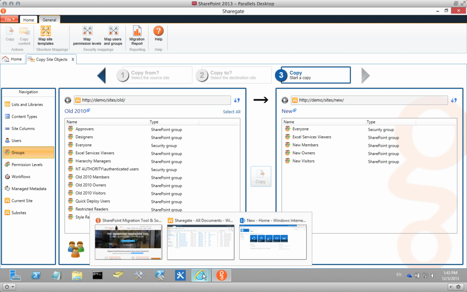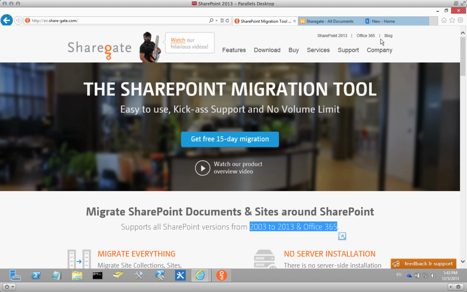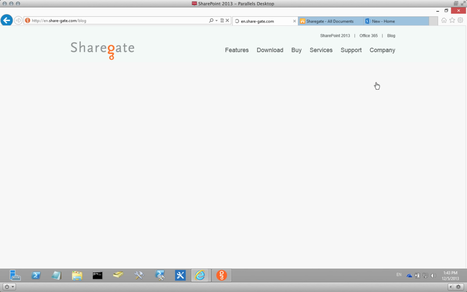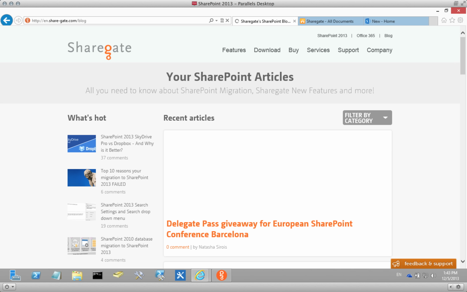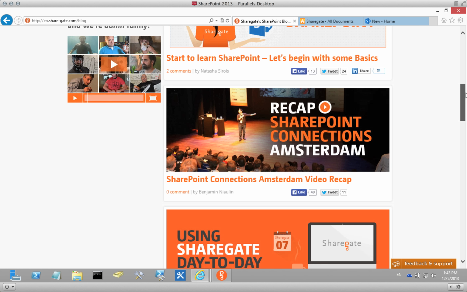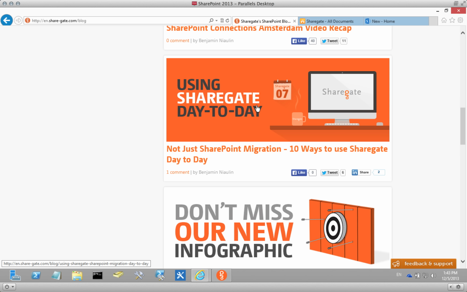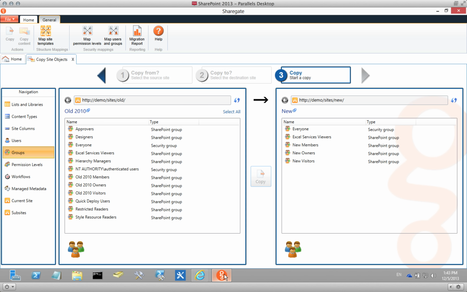I've recently written an article. When you go on our website, if you go to the blog section and scroll a little bit down, it's still fairly new, you'll see that I've done an article on how to use Sharegate day to day. Because you can actually use Sharegate to help you justify the purchase if you're trying to show the return, for example. You can use Sharegate even after the migration on a day-to-day basis